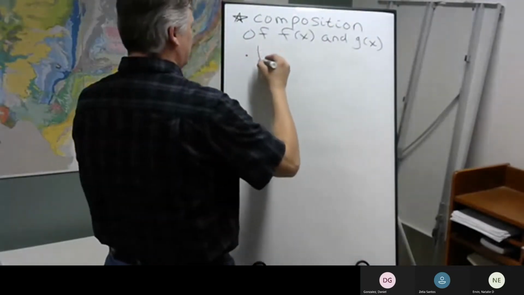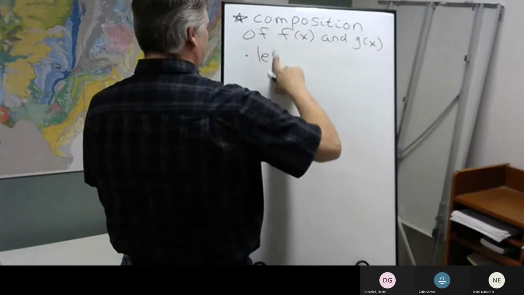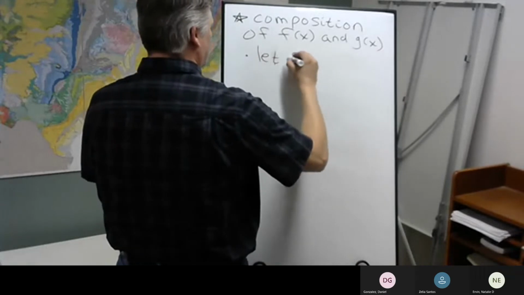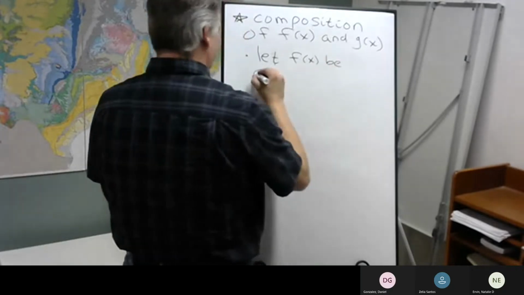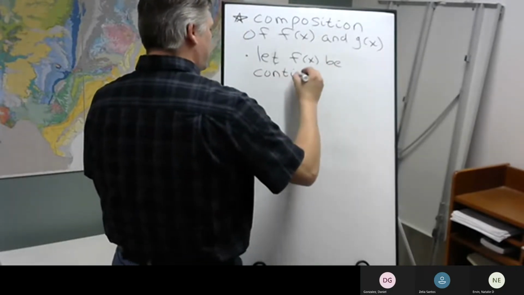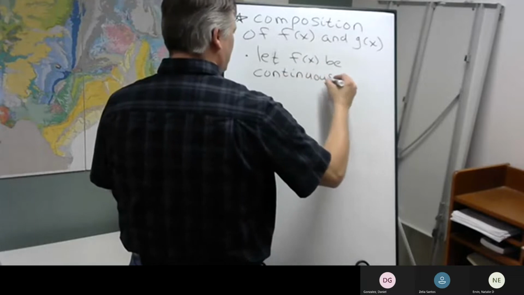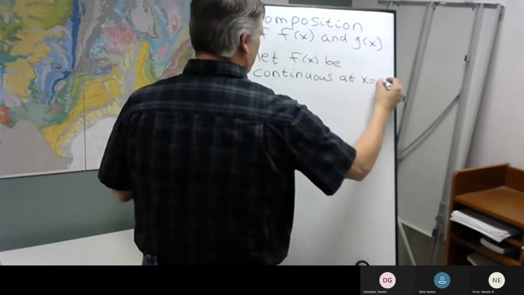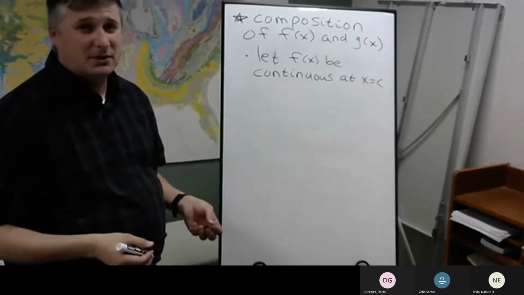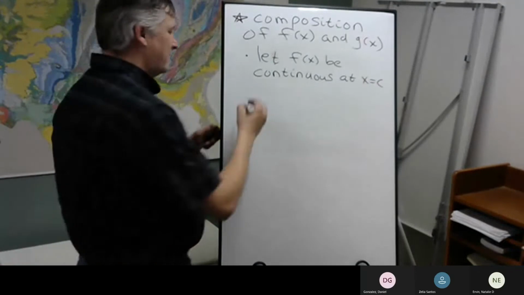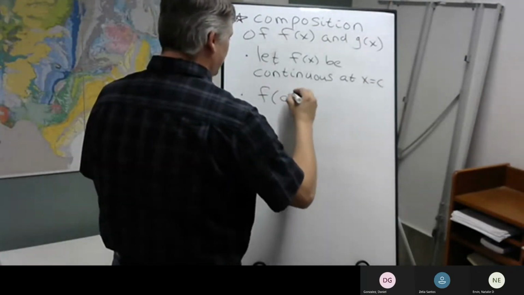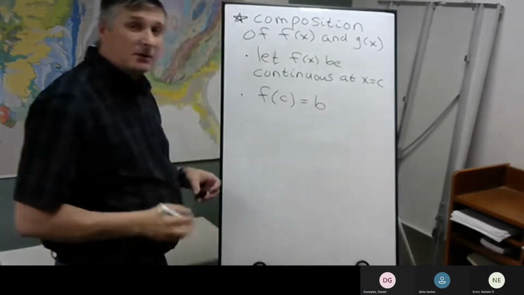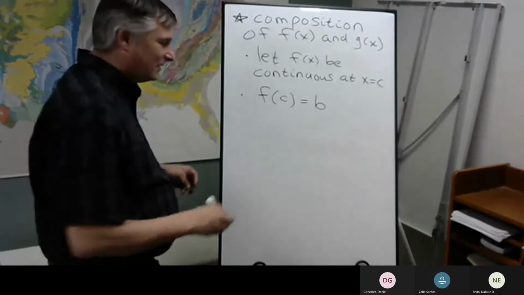Suppose, let's say f of x is continuous at x equals c, and f of c is equal to b. Then